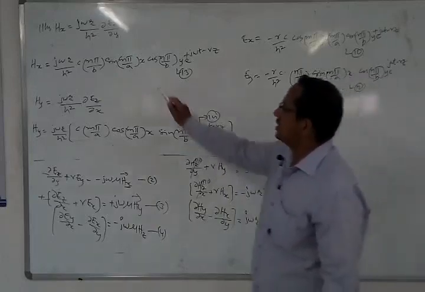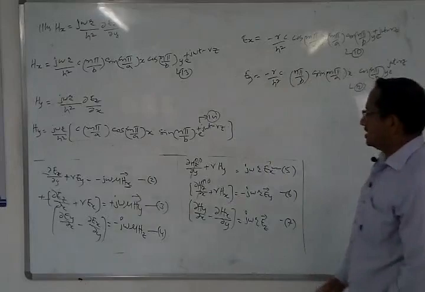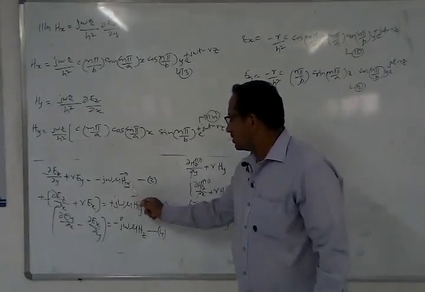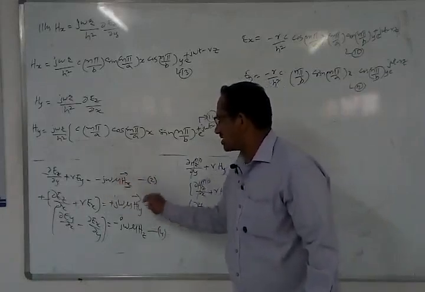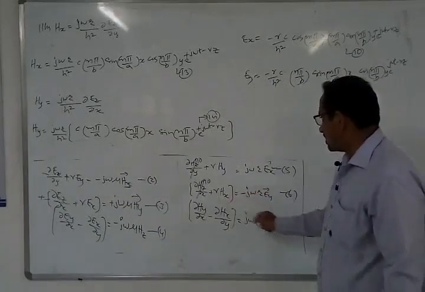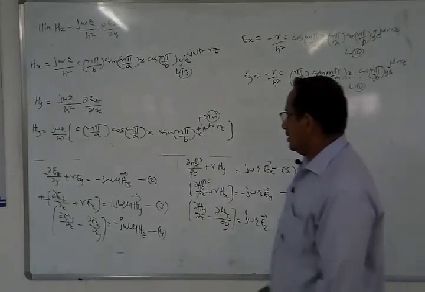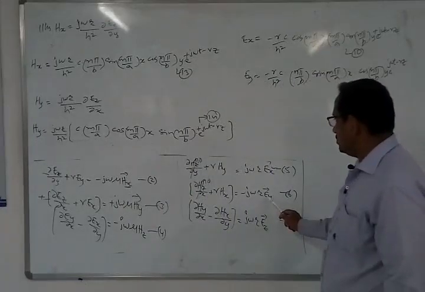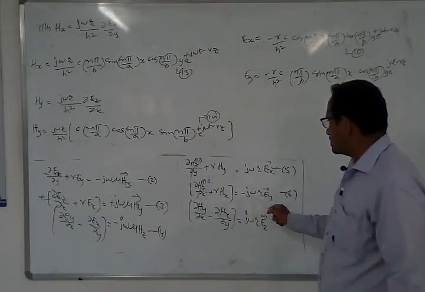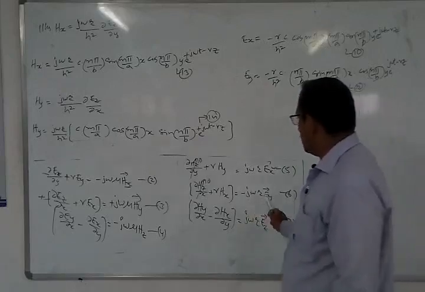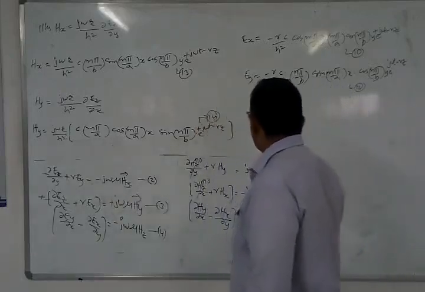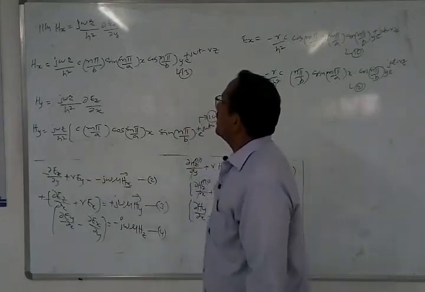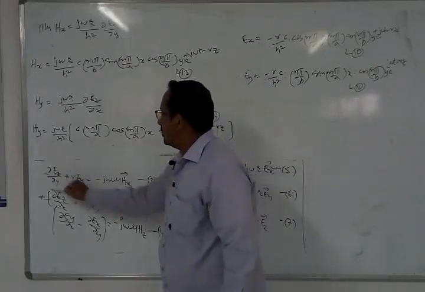Now how did we get the Hx equation? See here, I should get the equation for Hx. On the right hand side I have Hx here. Let us look into Hx, wherever we are going to have it. I have the Ey component here, and Ey I can get from here: Ey is equal to gamma by minus j omega epsilon. I substitute Ey over here, so in terms of Hx, I got Hx here. Finally I will be getting the equation for Hx.